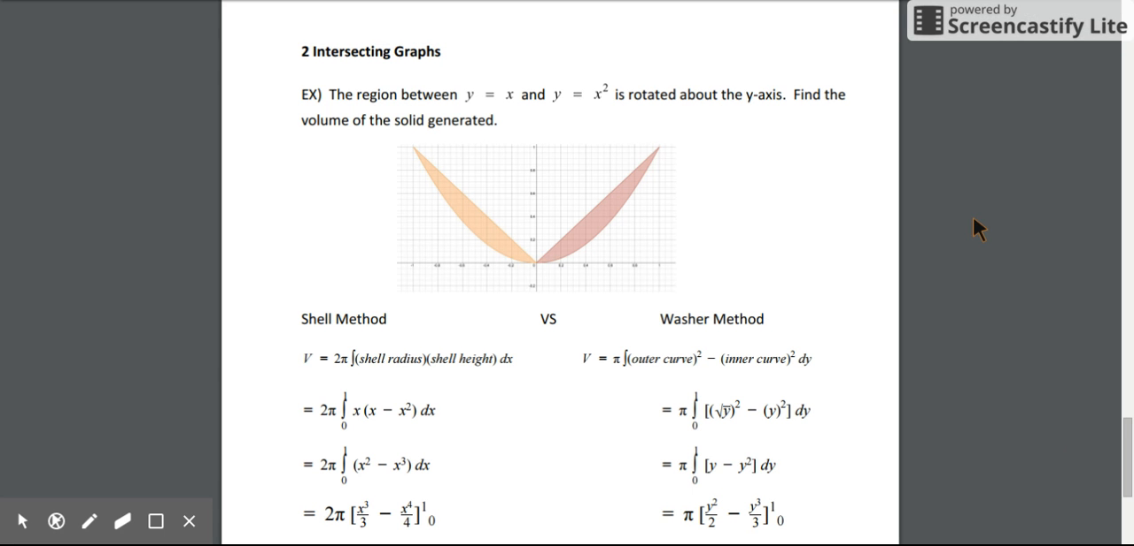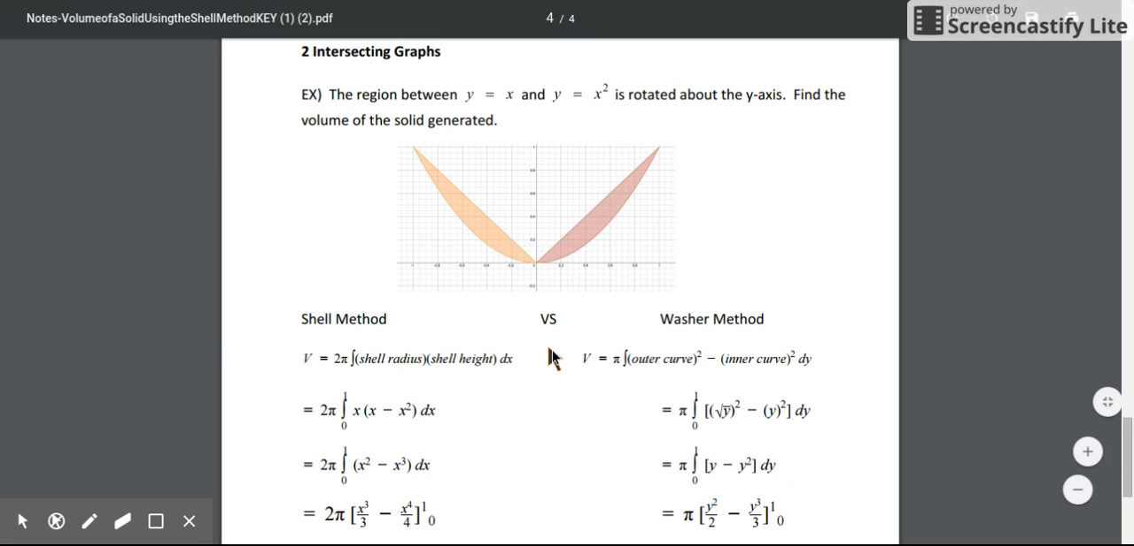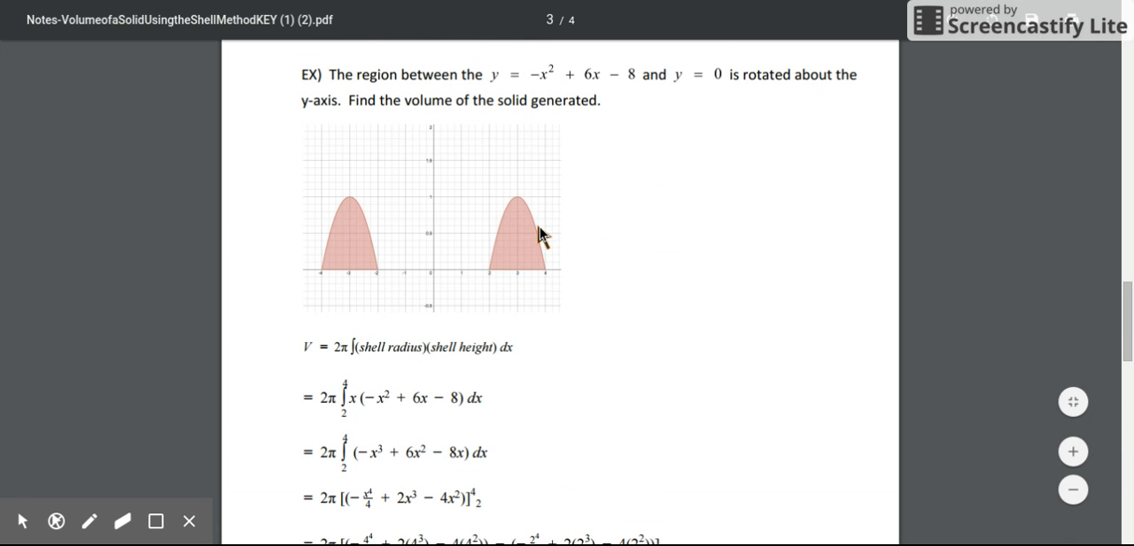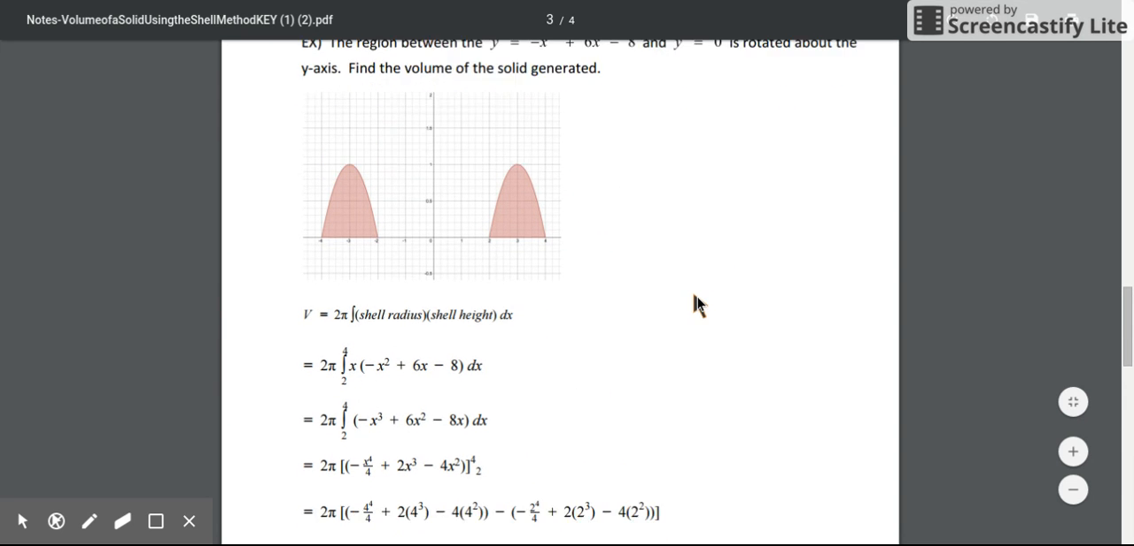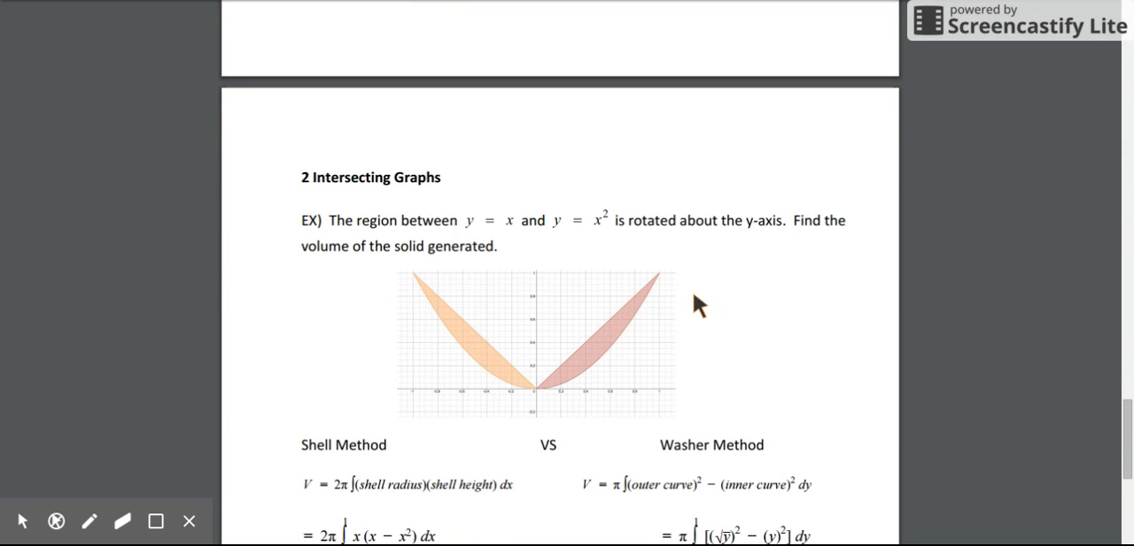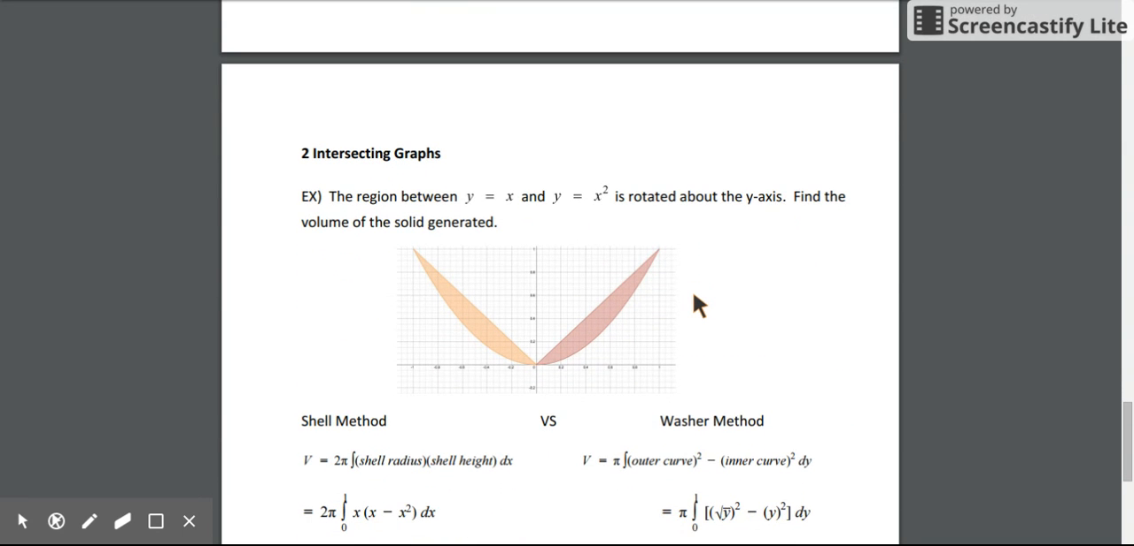All right, this video is just a continuation from the first part. We're using the shell method to find the volume of solids revolved around the y-axis. In the last couple examples, we just had a single curve that was revolved around the y-axis. So in this example, we're going to see what happens when we have two intersecting curves or two intersecting graphs